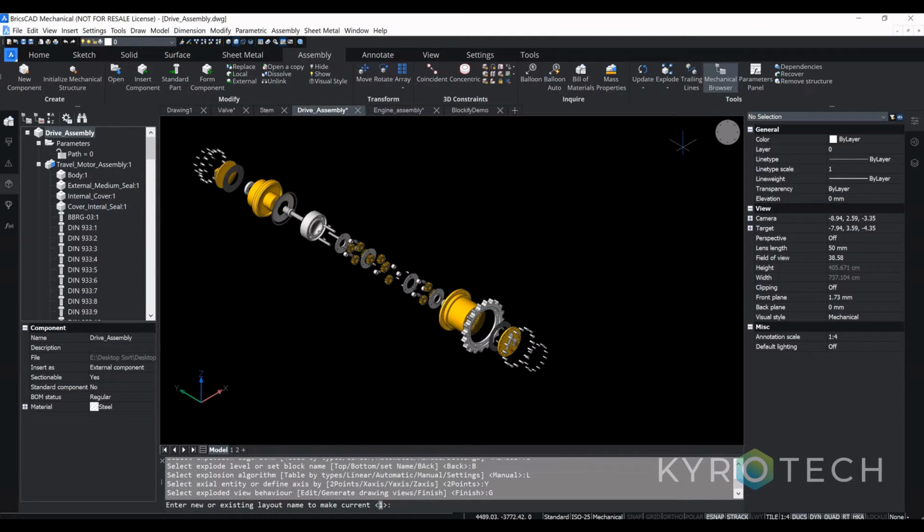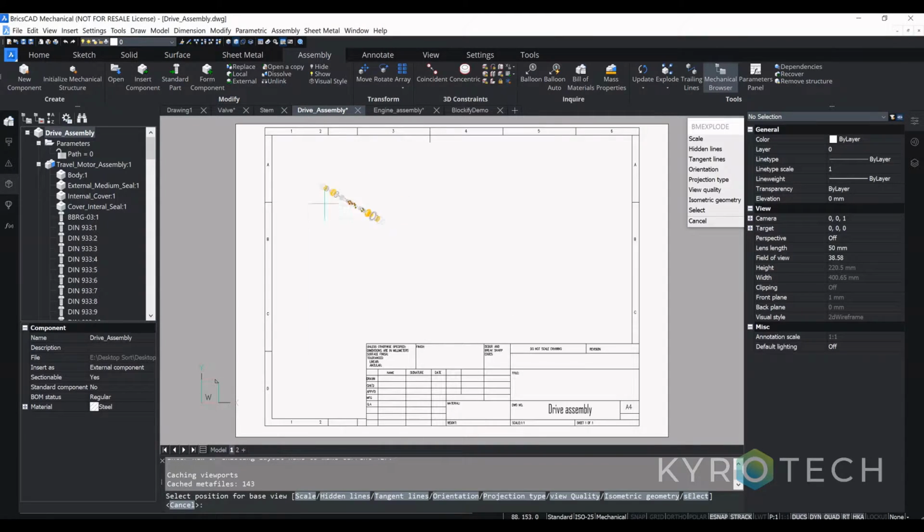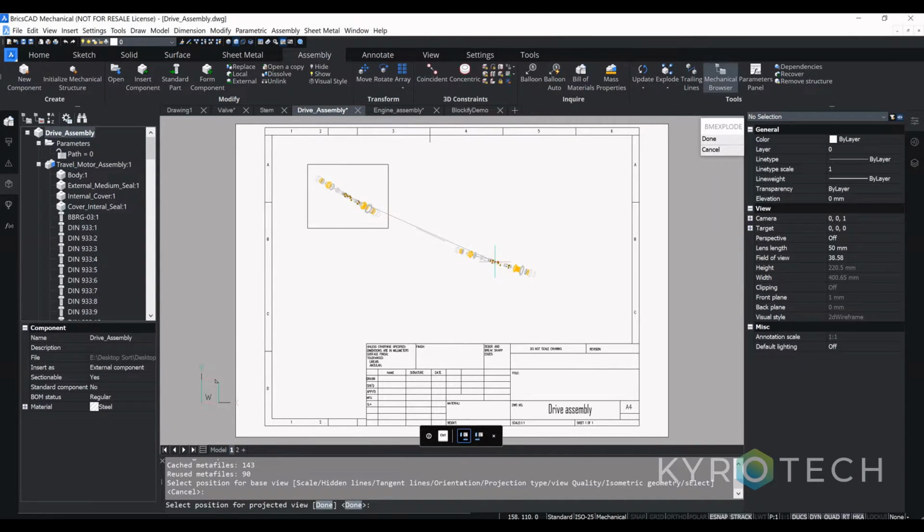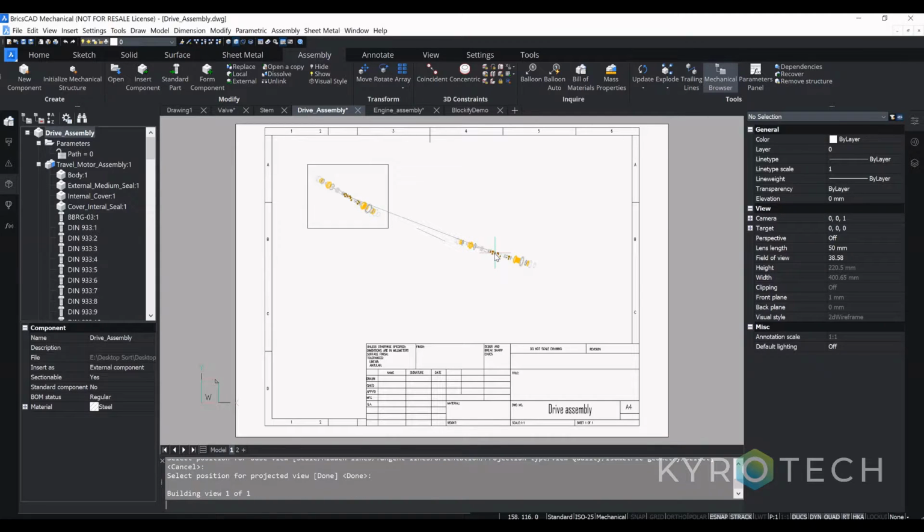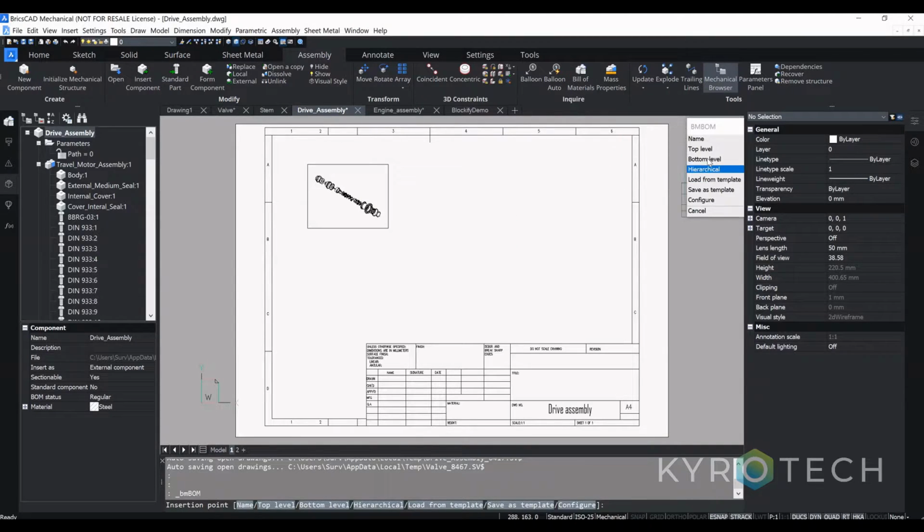Okay, and generate the drawing views, and it's asking me the page number. One is fine. I'll just place the model here. We can also generate the other views, but currently just for the BOM, understanding the BOM features and the numbering of your model, we'll just use one of the views, and we'll just go to the bill of materials,